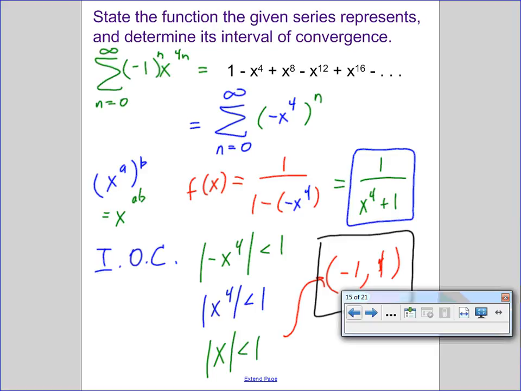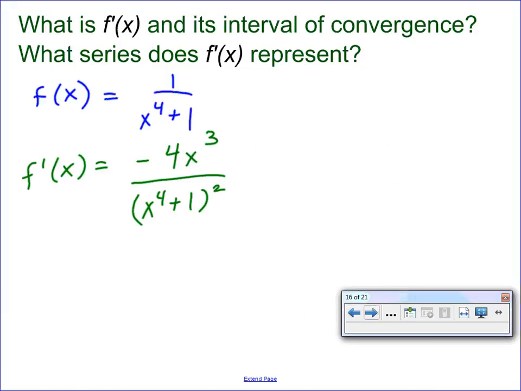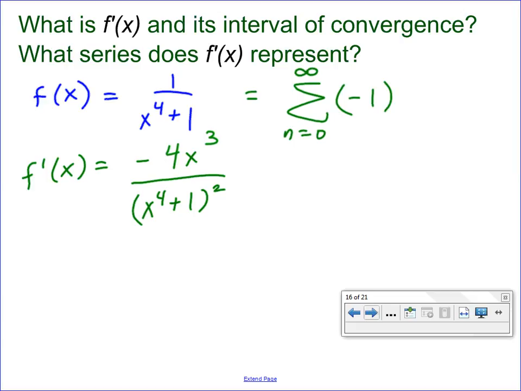Let's just go back to our original nth term summation notation and differentiate it. Keeping in mind that this negative 1 to the n is just a constant multiplier. So it's going to stick around in my rule. My variable portion is just the x to the 4n. And if we had a shortcut rule to differentiate a power expression, we do, right? Power rule. And so let's go ahead and remind ourselves what our summation notation was for the function. It was n equals 0 to infinity of negative 1 to the n x to the 4n. Is that right? Therefore, f prime of x must be represented by